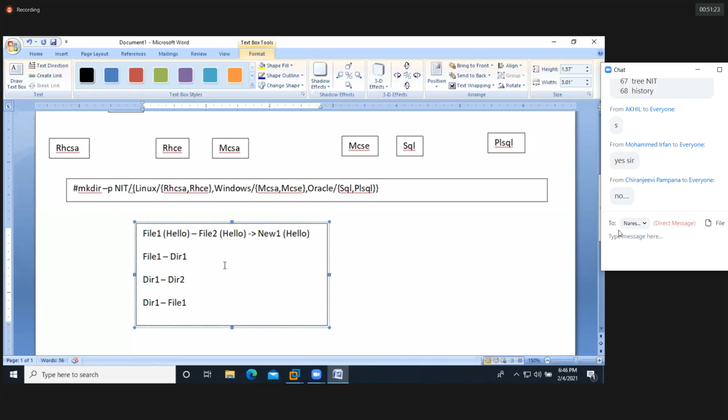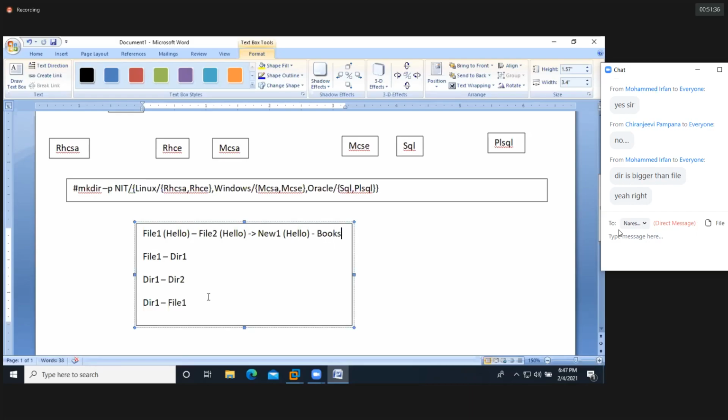Simple, guys. Assume files are books and directories are bags. I can keep the books in the bag, but I'm unable to keep the bags in the books. Simple.